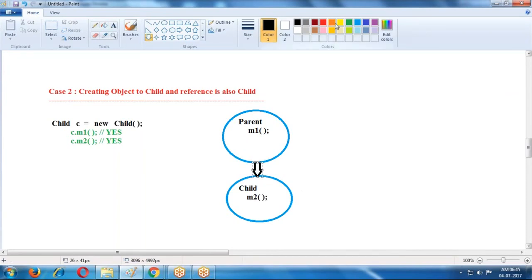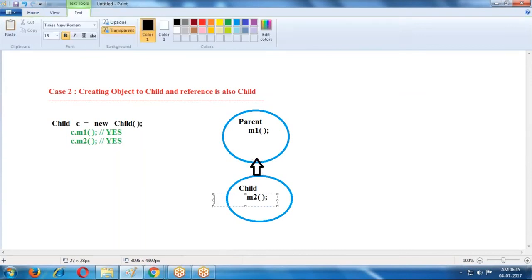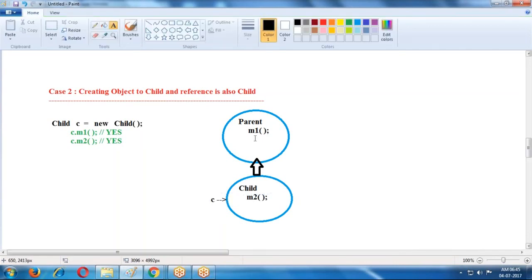The reference name is C. C is referring to the child. Through this child, it is referring to the parent also.